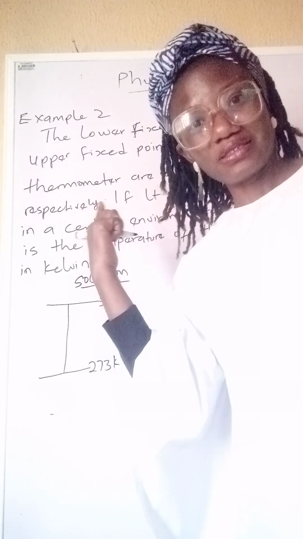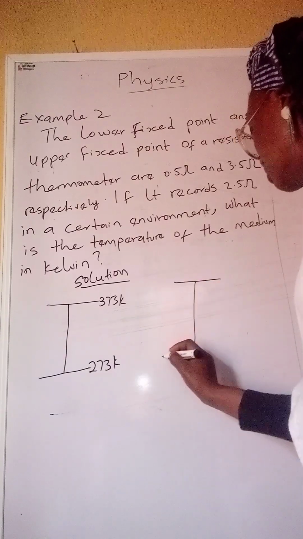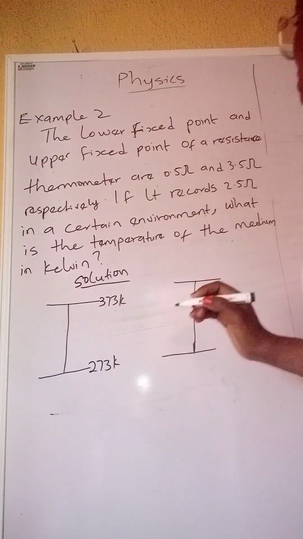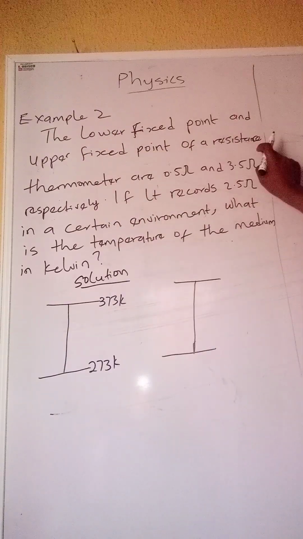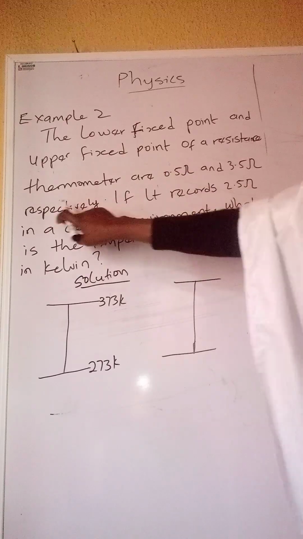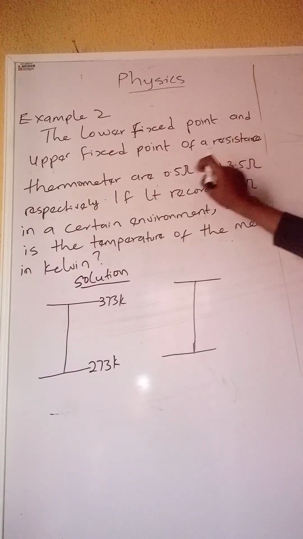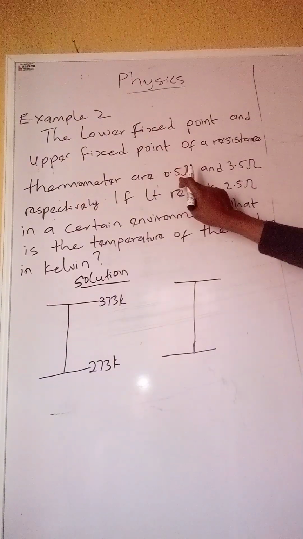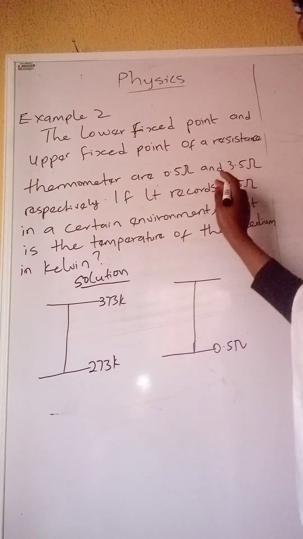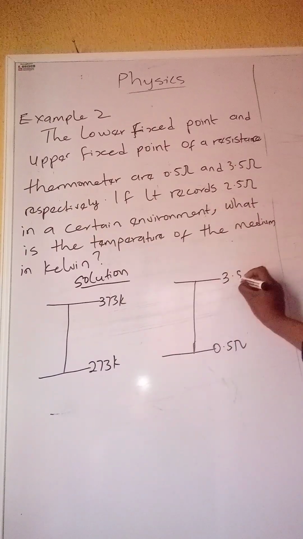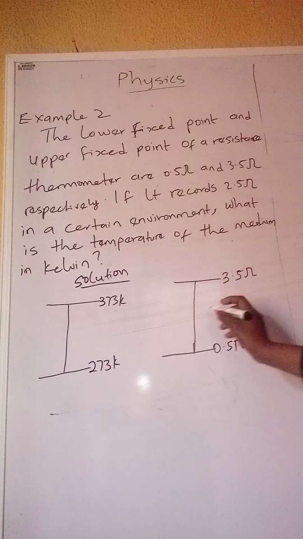Now let's deal with what we have in the question. From the question, they'll always give you three figures. So we have lower fixed point and upper fixed point of the resistance thermometer are. Once you see this "respectively", it means the first is for the first and the second is for the second. So the lower fixed point comes first. So the first figure is for lower fixed point, which is 0.5 ohms. And then the other one is 3.5 ohms. If it records 2.5 ohms in a certain environment,